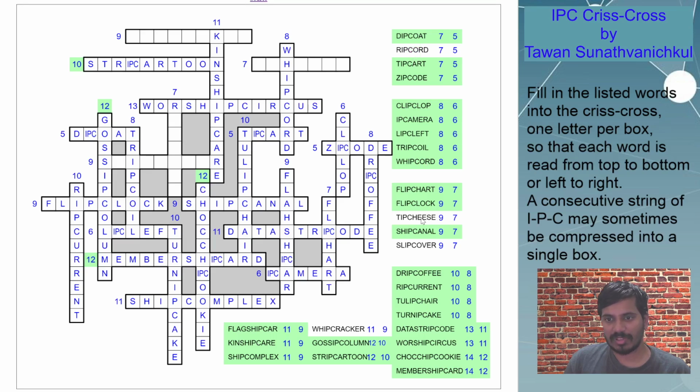So tip cheese is not possible. Slip cover is not possible. So it has to be ripcord. So mark that, and it's ripcord. And then we can see now maybe this, okay, let's check. Now we have these four alphabets in this, so we should be able to do this one. And we can see here it's ending with R and 9 letters, so it has to be slip cover, right? Because tip cheese doesn't have R at the end. So slip cover,